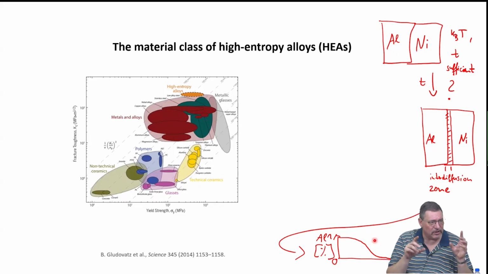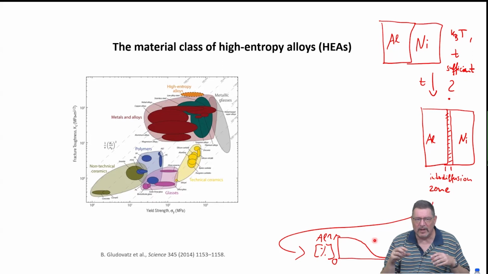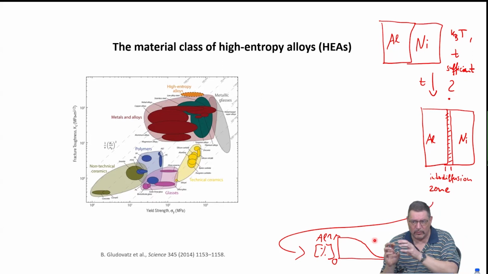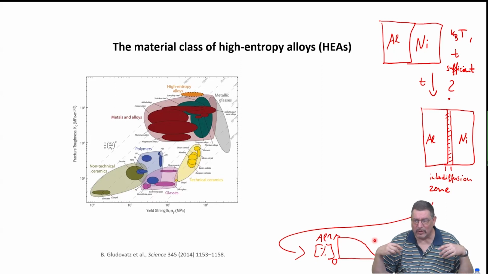And this cross-correlation terms basically include how the vacancies bind to the different atoms. So a vacancy can bind differently to aluminum as compared to nickel. And this is also changed if the nickel is inside the aluminum lattice, or the aluminum is inside the nickel lattice, or if they are in the host lattices. These complex interactions are described by the diffusion matrix. And this is why from an interdiffusion experiment, we cannot easily infer the diffusivities that are talked about in high entropy alloys when they are called sluggish diffusers.